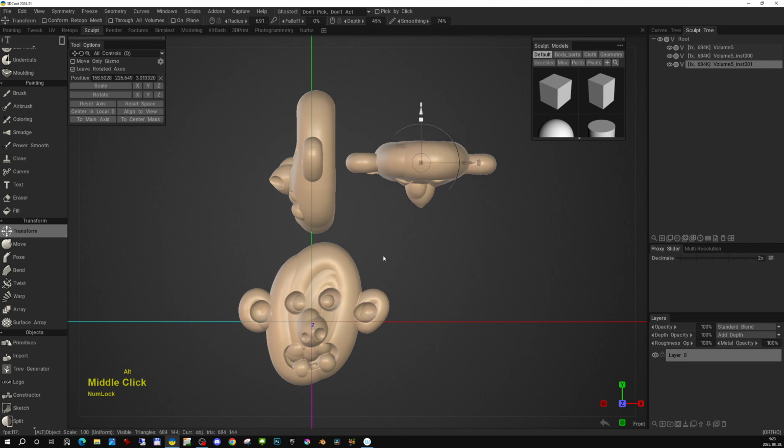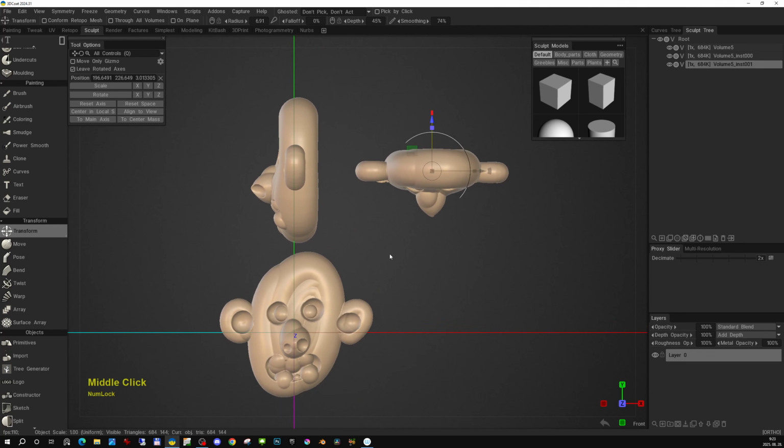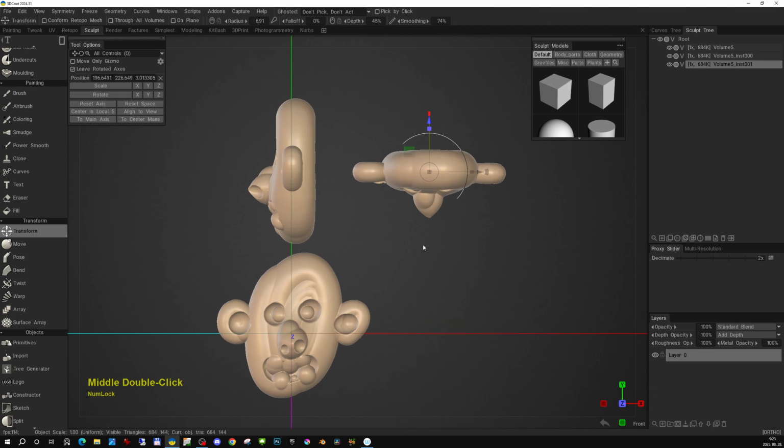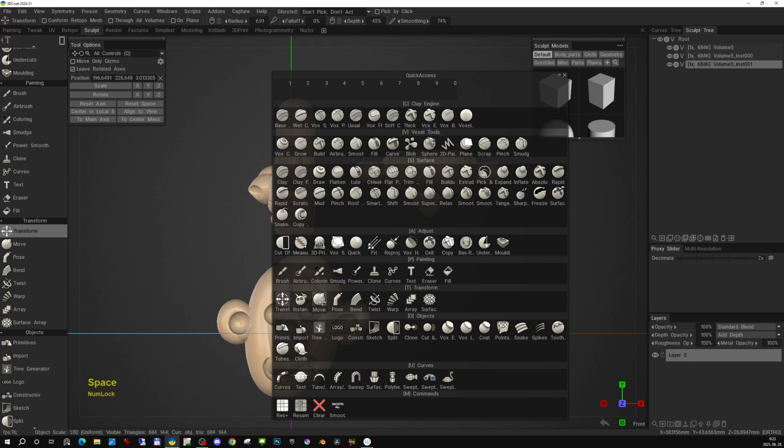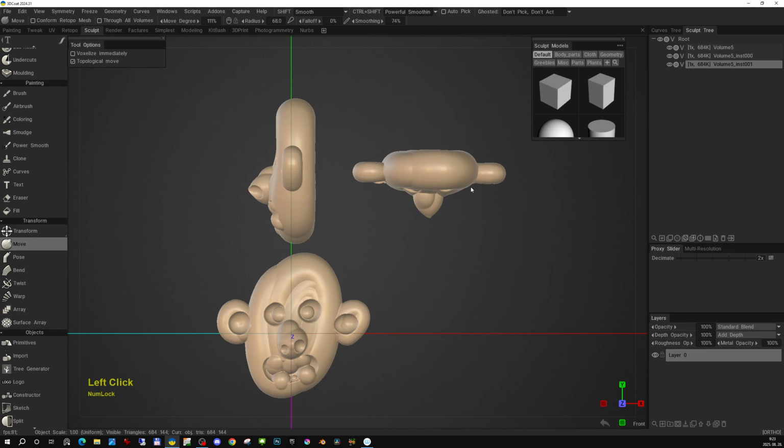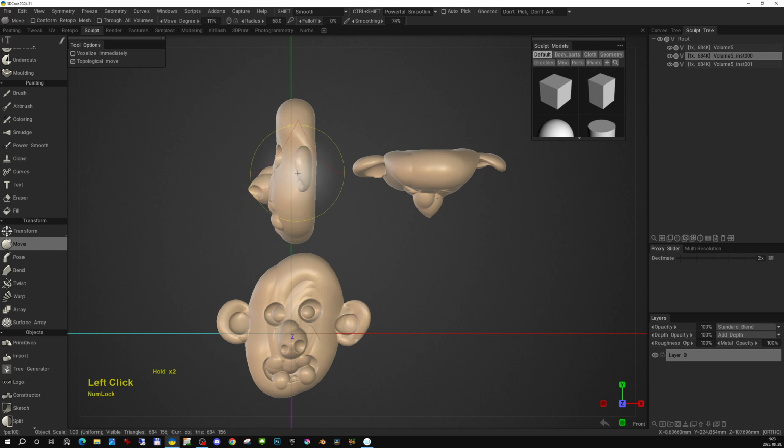And I'm going back to the front view. So let's go ahead and sculpt again on any one of these, because as you can see, with the H button, you can actually jump between the instances,